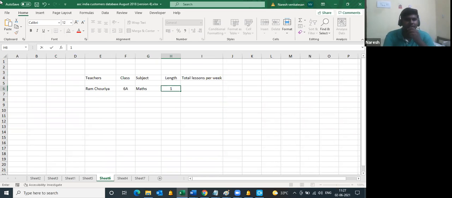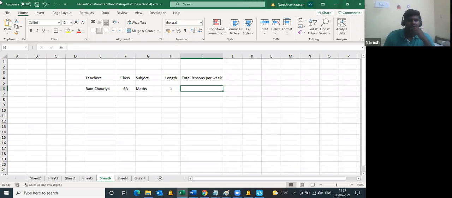Length means whether it is a single period or a double period. One denotes a one period session, two denotes a two period or consecutive session. Total lessons per week means for the entire week, how many lessons you need?